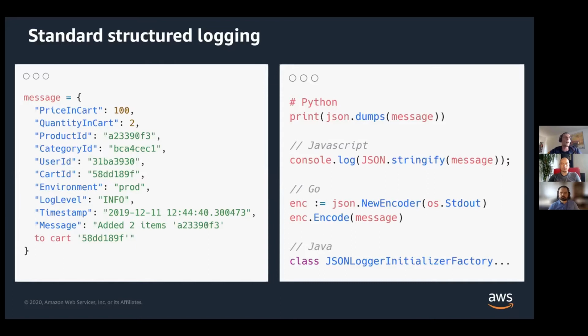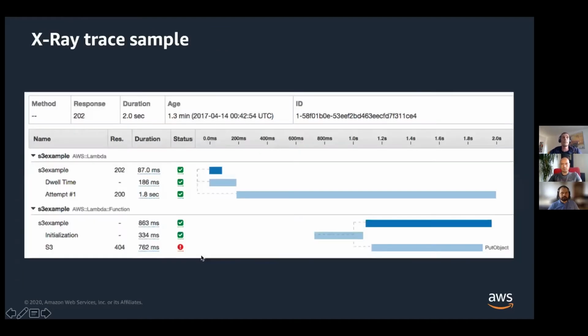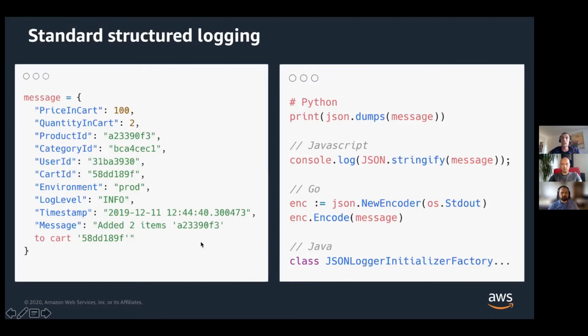So one way to do that is to leverage structured logging at each of your application levels. Each of your services should follow a common pattern of logging, and that will give you the capability to search quickly for an issue. And if you have your trace ID as part of your message, you can potentially jump directly from your trace to your logs and get really quickly to the bottom of your issue.